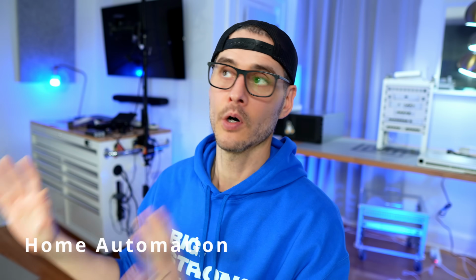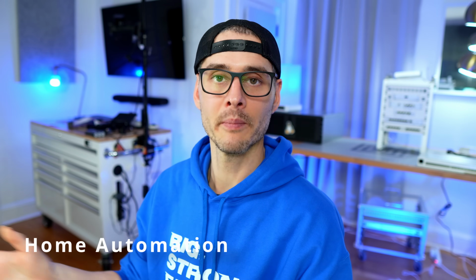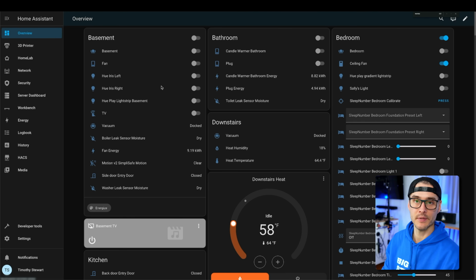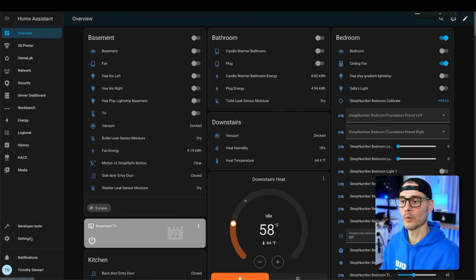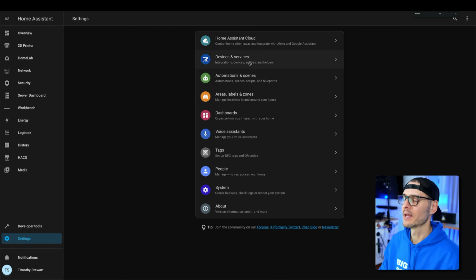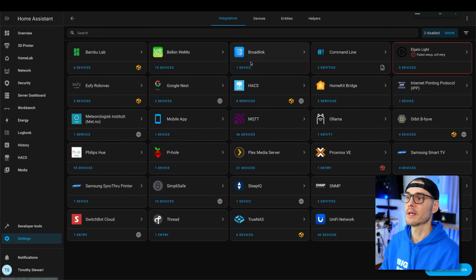So speaking of home automation, all of my home automation is running on Home Assistant. One of the biggest changes I made this year was moving it out of Kubernetes and into Docker. And then this year, I'll be moving it from a Docker VM onto TrueNAS itself. But Home Assistant, need I say more? I mean, I can remote control everything in my house. I keep adding more and more things to Home Assistant, and it seems like every day there are more and more services that are being added.